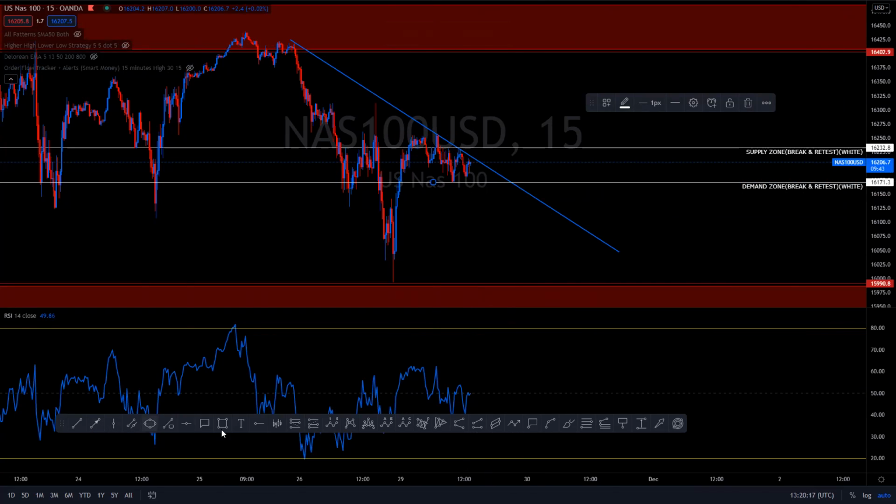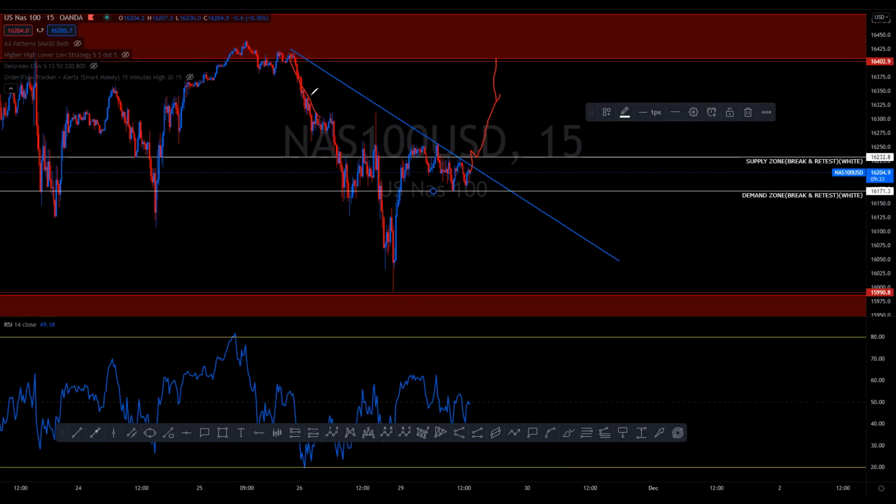So which way is it going to break? Is it going to break above here and go up to the next zone, fill in these imbalances, or is it going to break here and fill this imbalance here? It's the $1 million question. So that's why I draw these lines up. So now that we've done that,